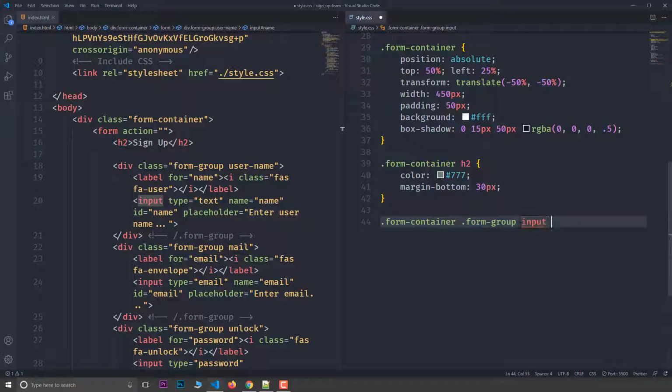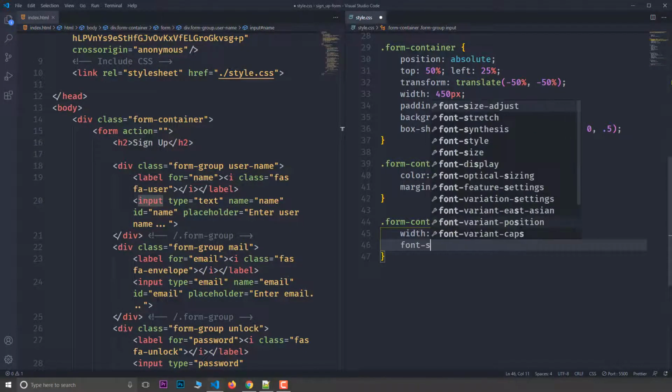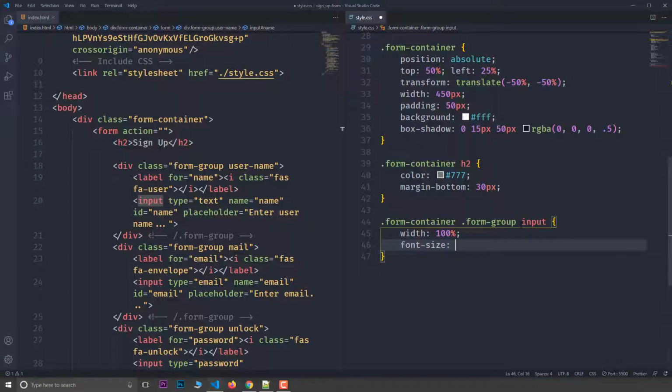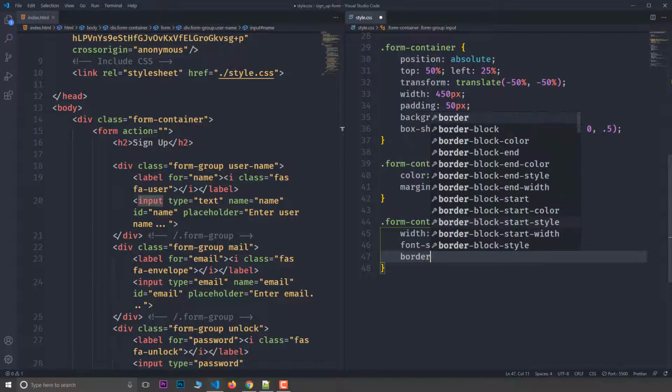Okay, and we just use a parenthesis, then width 100%, then font size. We could also use em or rem, but we just use standard size, pixel. Pixel meaning absolute. Okay, border